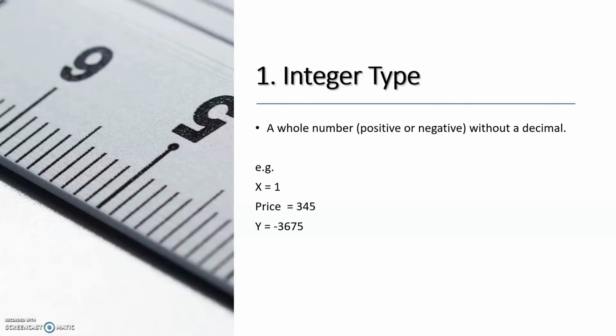Now, let's look at some examples. Here we have the variable x assigned to the integer value 1. So that's an integer type. Price assigned to 345. And integers could also be negative, such as y equals negative